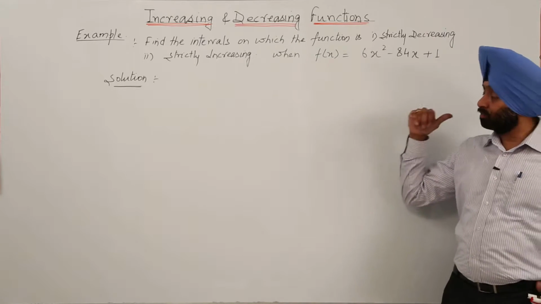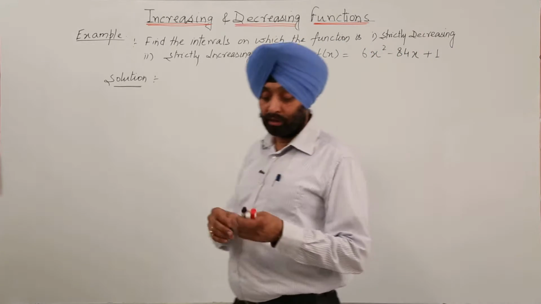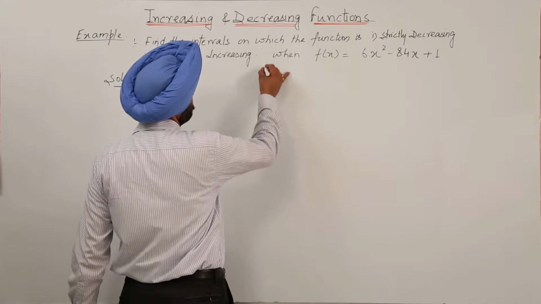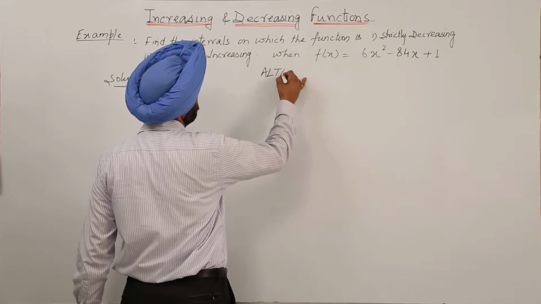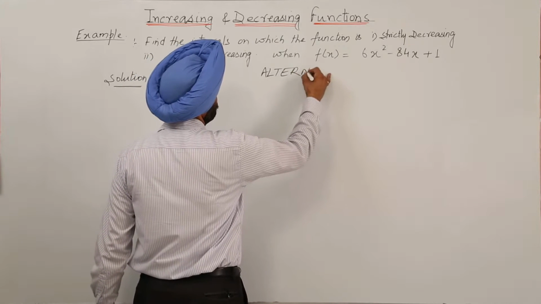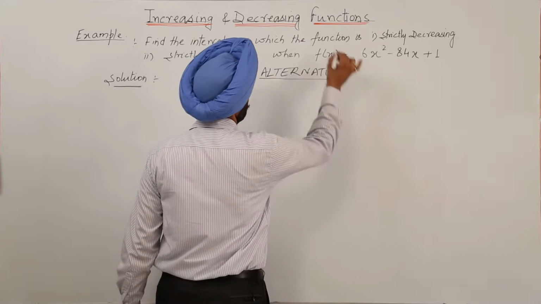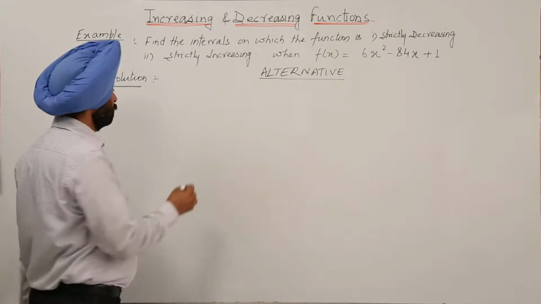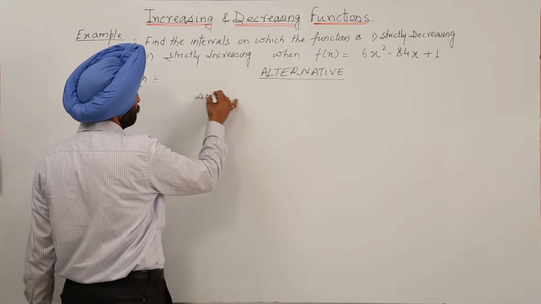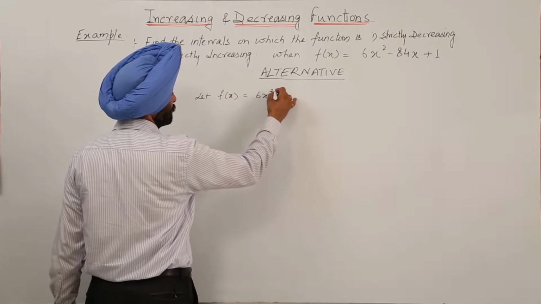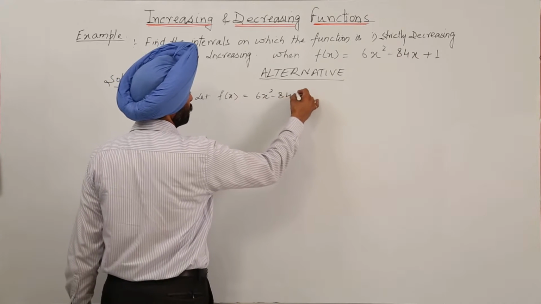Same question now with the alternative method. Now what we are having? We are having, let me write it, alternative way. Okay, now how we can do it? We can, again we are writing, let f(x) is equal to 6x² - 84x + 1,